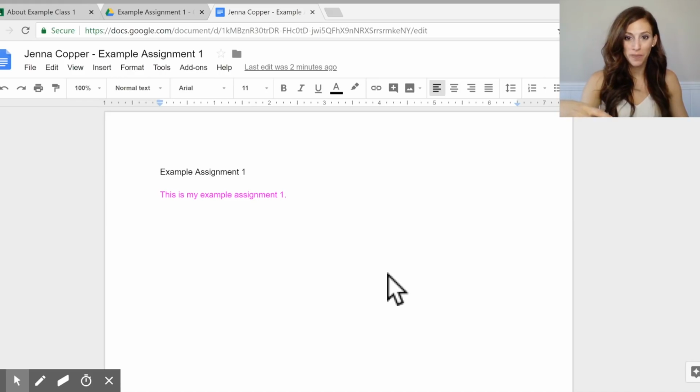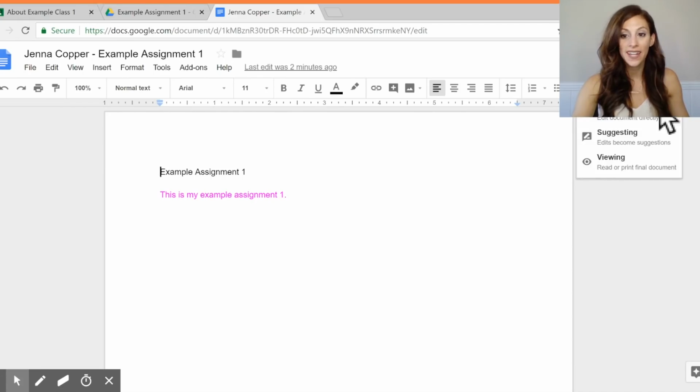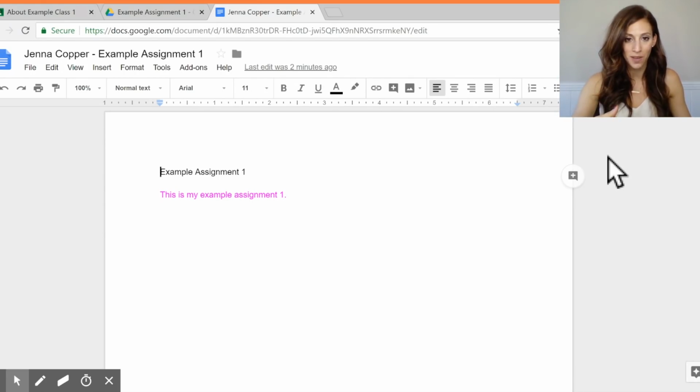Once you have your document open and you are ready to give feedback, the first step is always to change your editing option to suggesting. This makes it so that you're not changing student work, but you'll be notifying them when you're adding something to your document. So step number 1, or example number 1, I should say, is something that I use as a